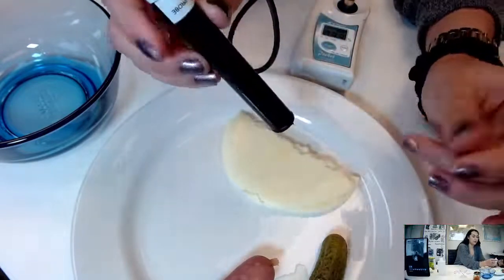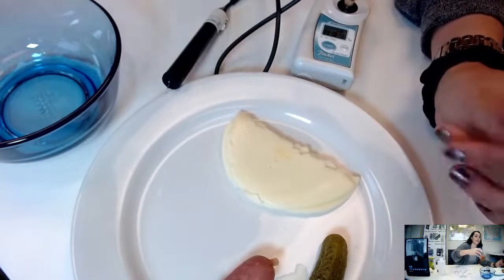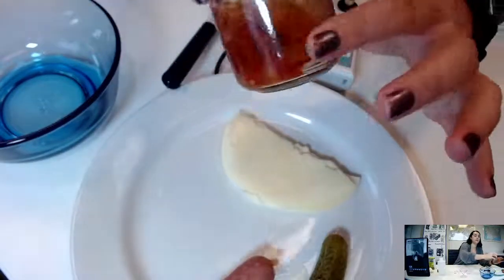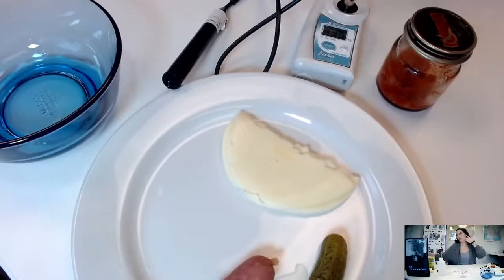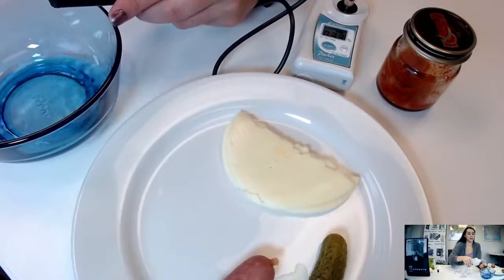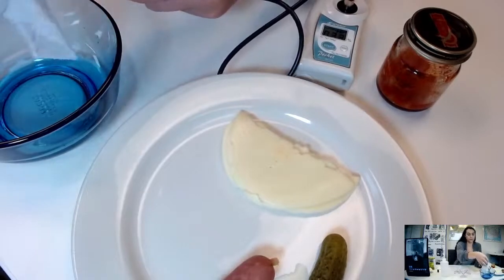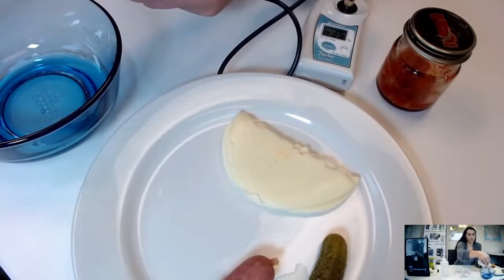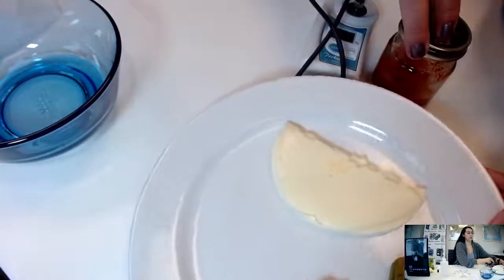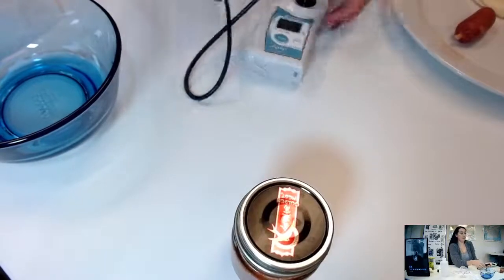I am also going to show you one more sample that I mentioned, the kimchi. This is kind of a mixture of cabbage and liquid, as you can see there. So it is just one more sample I want to show you to give you more versatility with this unit. I'm just going to switch out. Okay, so